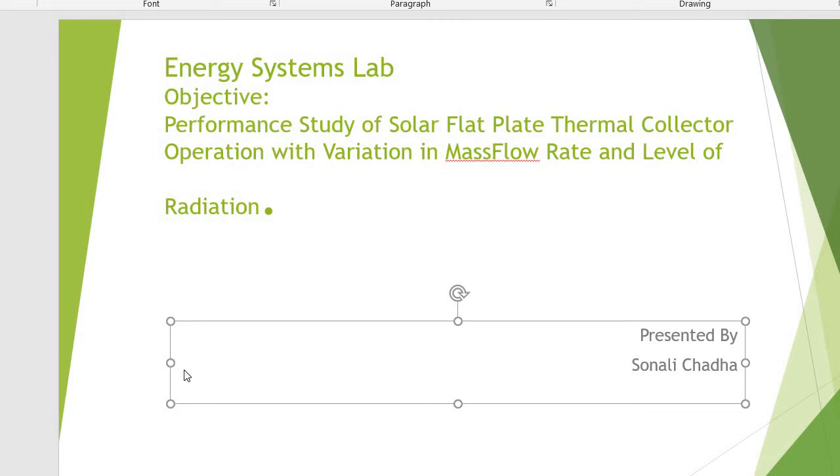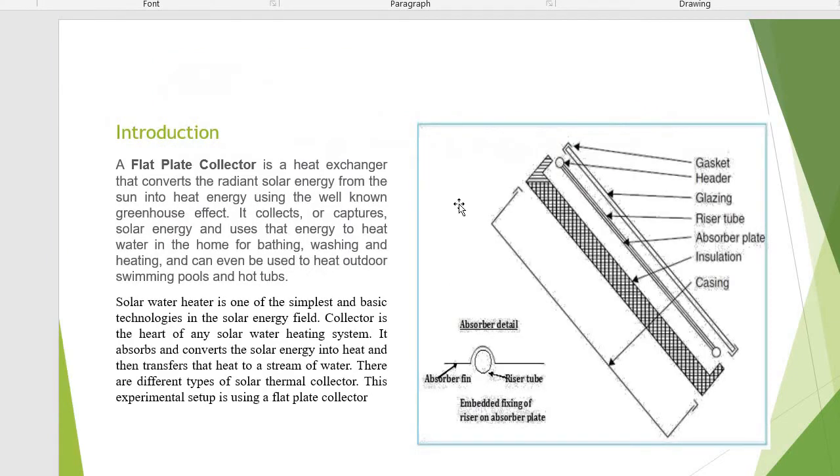Hello friends. So today we'll study the performance of a solar flat plate thermal collector operation with variation in mass flow rate and level of radiation. Before going further, I would like to introduce the flat plate collector. You can see from the figure it is just like a flat plate where radiations are passed through, right,